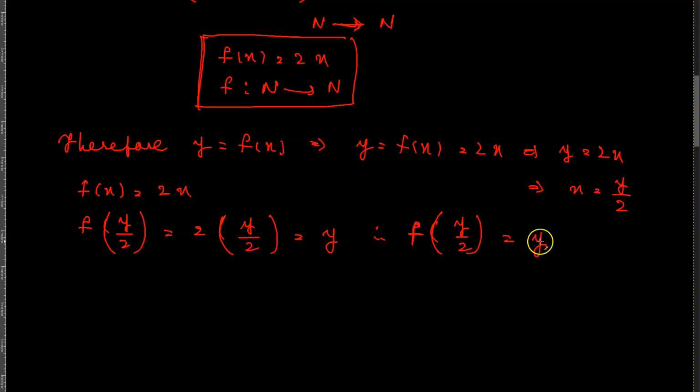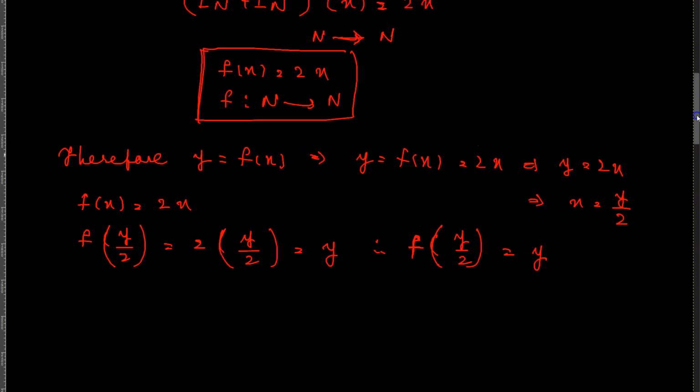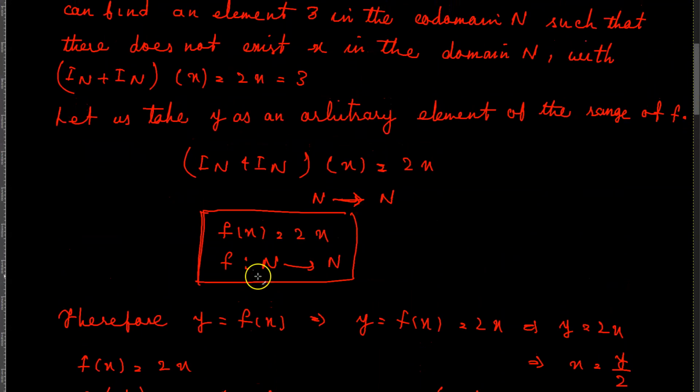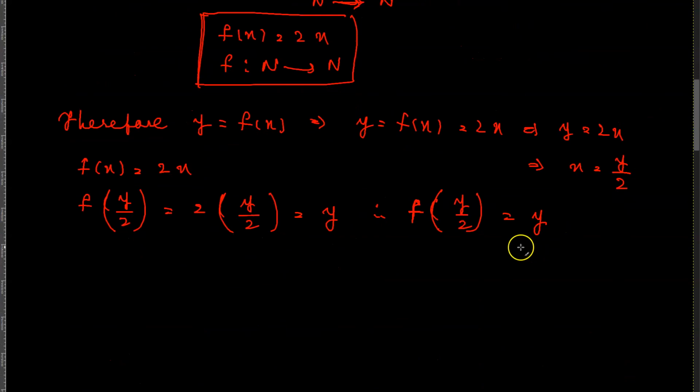So now if I take y as, for example, 3, right? The same example that we had here. If I take y as 3, then y divided by 2, which is the element in the domain of the function which is supposed to take me there, is equal to 3 divided by 2, which does not belong to the domain of the function. And therefore the function is not onto, meaning that